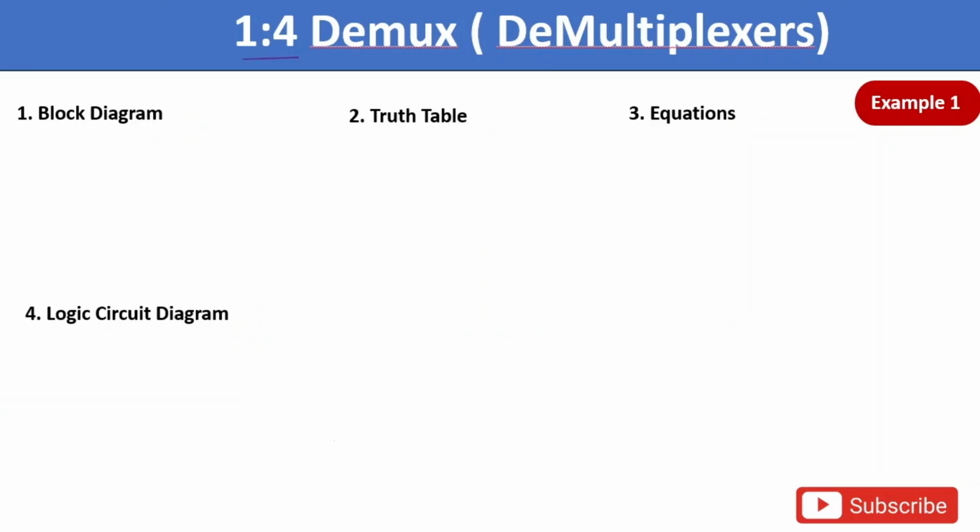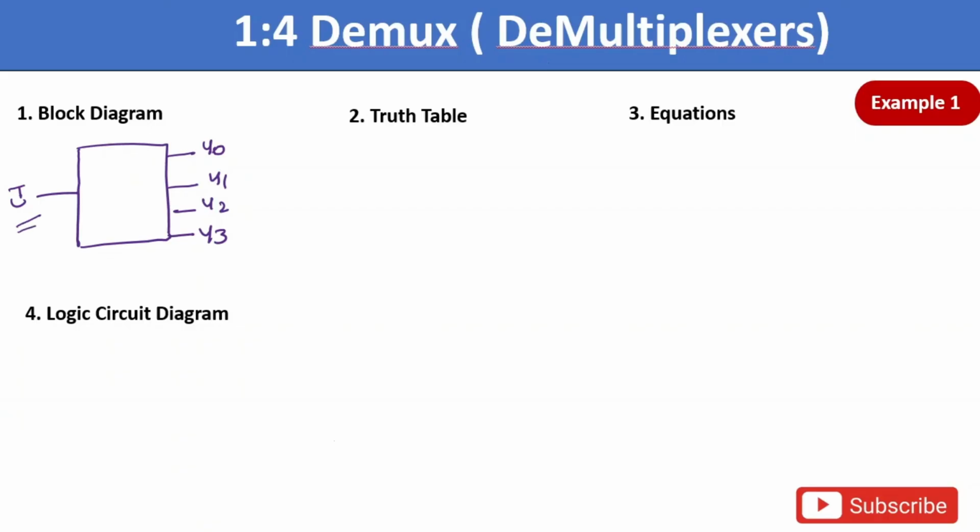First, you can see in the heading they have specified 1:4, that is, only one input will be present and 4 outputs will be present. Only one input and 4 outputs. So let us represent it using the block diagram. Only one input will be there, let us call it I, and my outputs will be Y0, Y1, Y2 and Y3. In total we have 4 outputs and only one input.